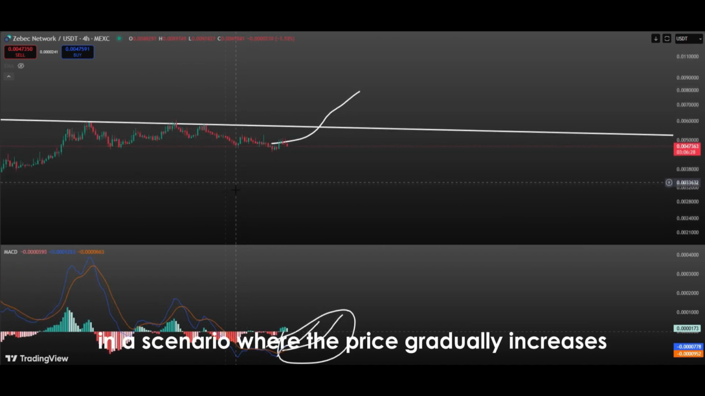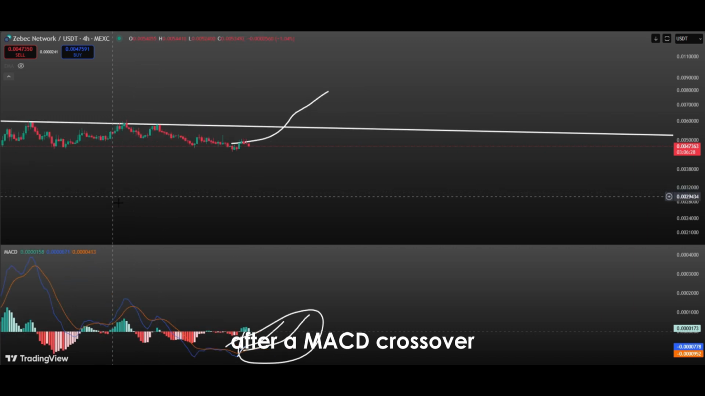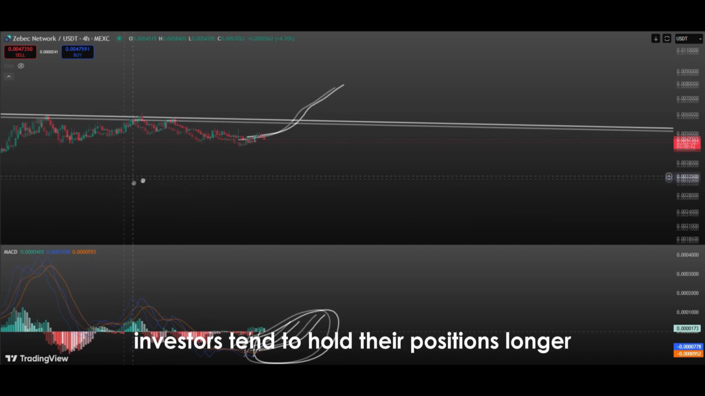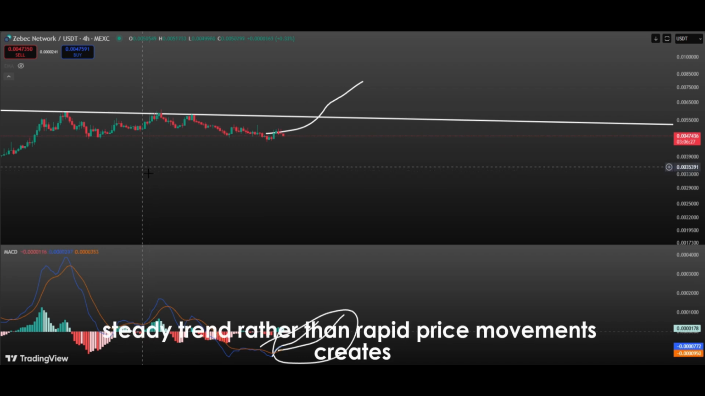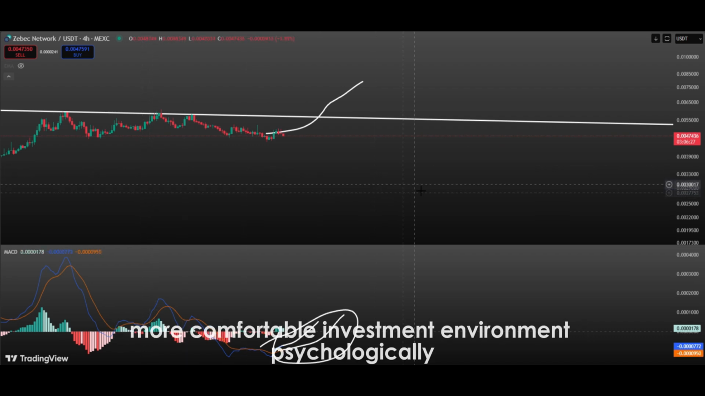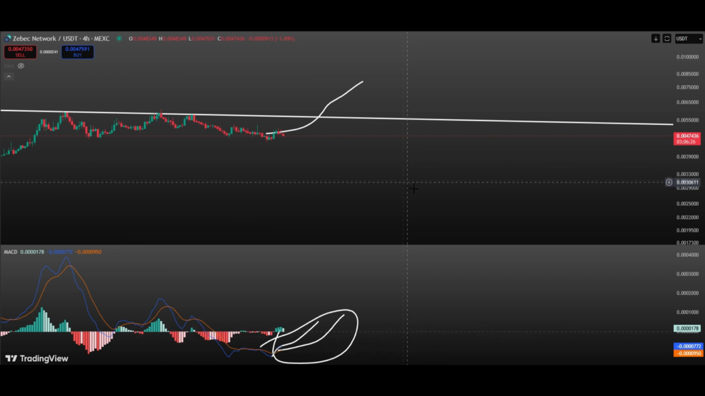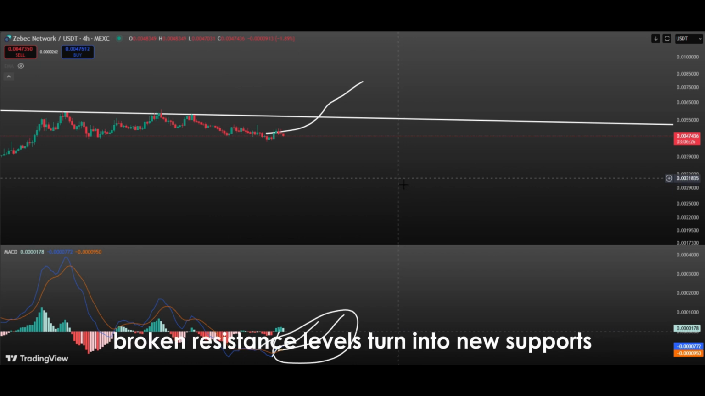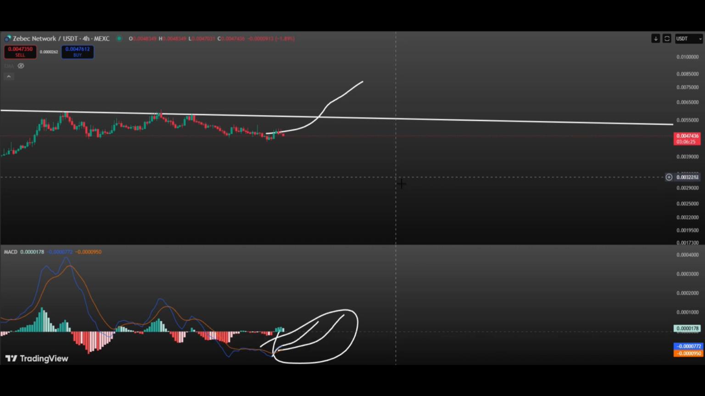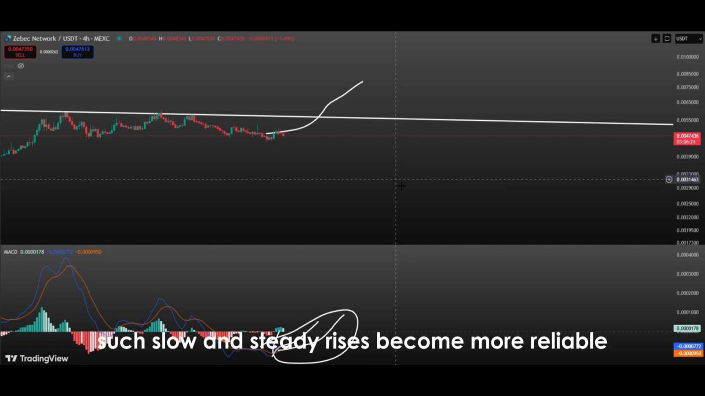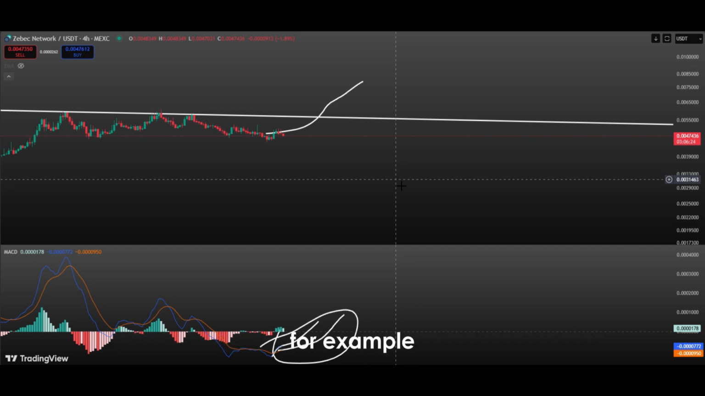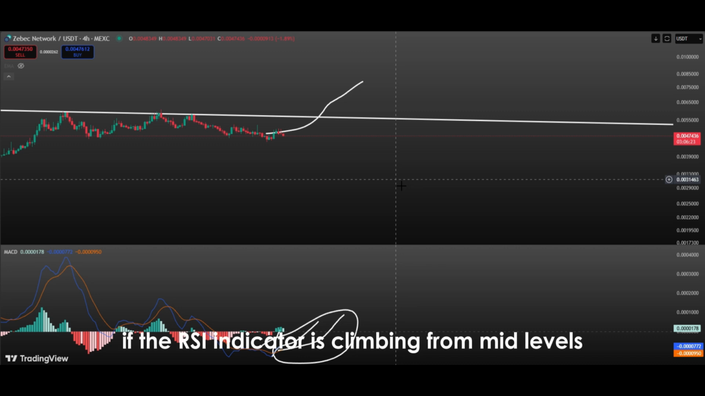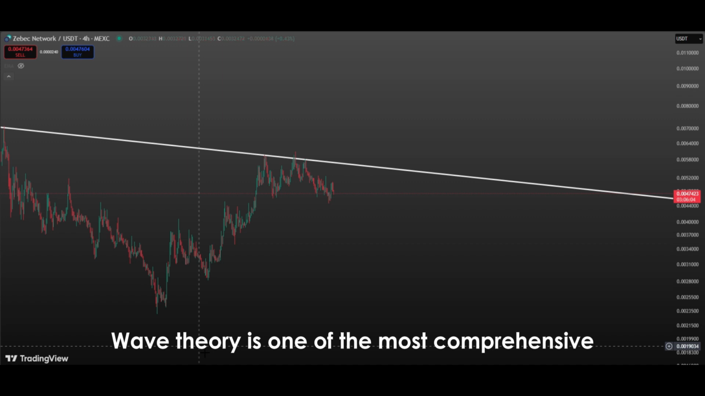In a scenario where the price gradually increases after a MACD crossover, investors tend to hold their positions longer. A controlled, steady trend rather than rapid price movements creates a more comfortable investment environment psychologically. During this process, support and resistance levels are tested step by step, broken resistance levels turn into new supports, and the price continues to climb upward. Additionally, such slow and steady rises become more reliable when confirmed by other technical indicators. For example, if the RSI indicator is climbing from mid-levels,